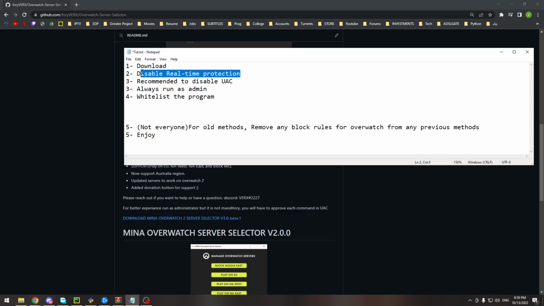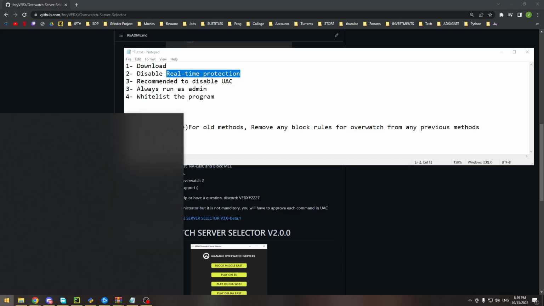First, we need to disable real-time protection. Real-time protection is a Windows method to delete any exe files downloaded from the internet that are not certified. And to get certified, you need to pay a specific amount of money for the program to run without it being considered a virus.